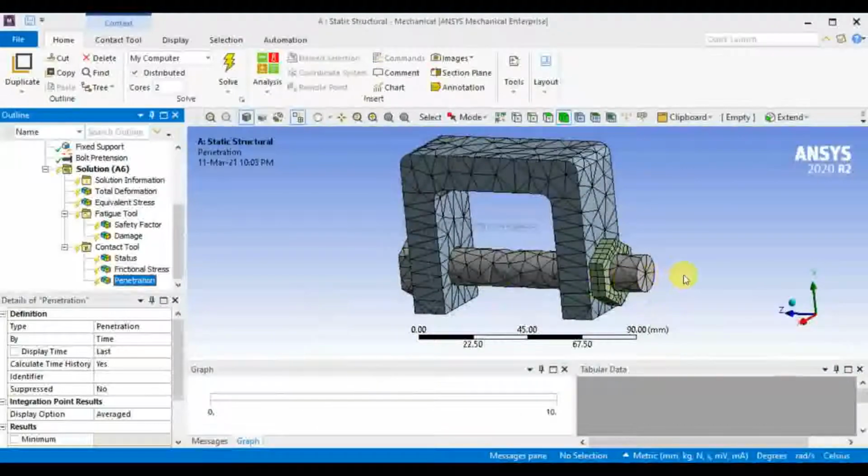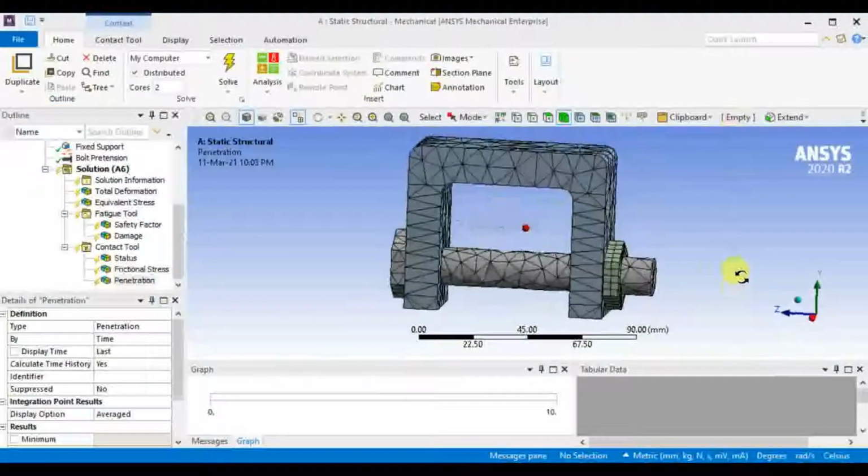That is the main thing we need to find here: how much the bolt penetrates in this assembly. So this many types of results we can insert directly as per our requirement, whatever statuses and solutions are required for our project.